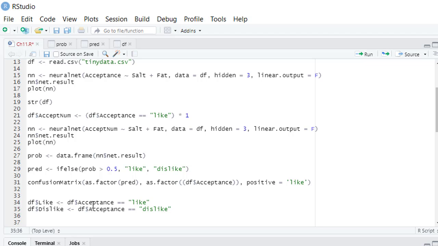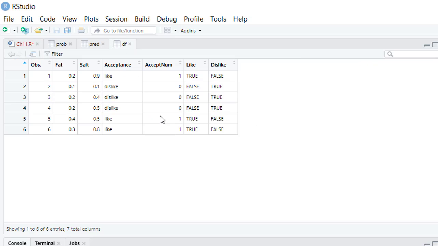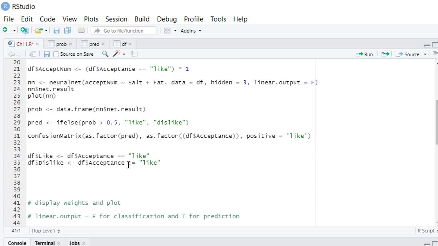So let's do it this way. This will work, and so this is our not equal to, exclamation mark and equal sign. If it's not equal to like, then it'll be that. So let's run these two and see what new columns we get. Okay, so now if you look at df, you get like true or false, dislike true or false, right? So now we're going to use both of these in our neural network